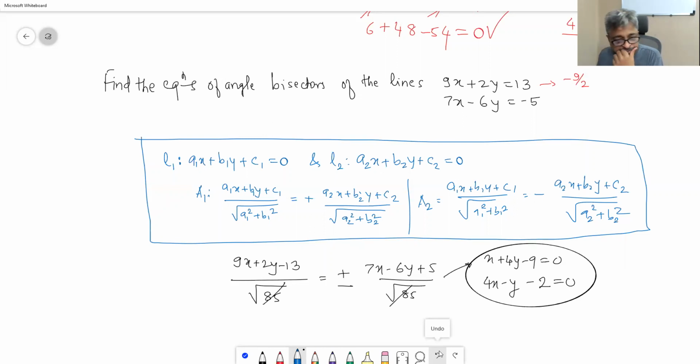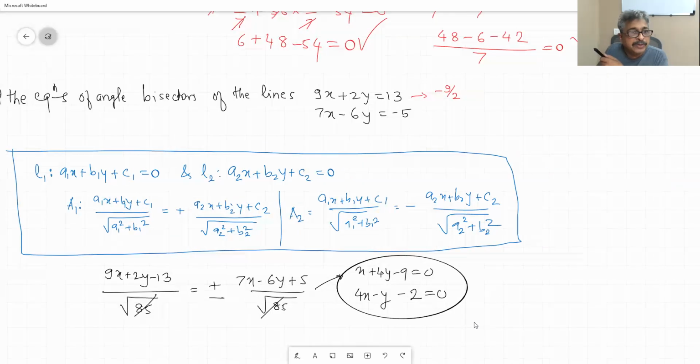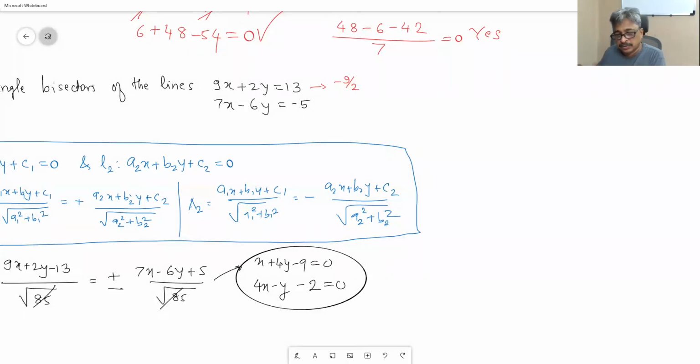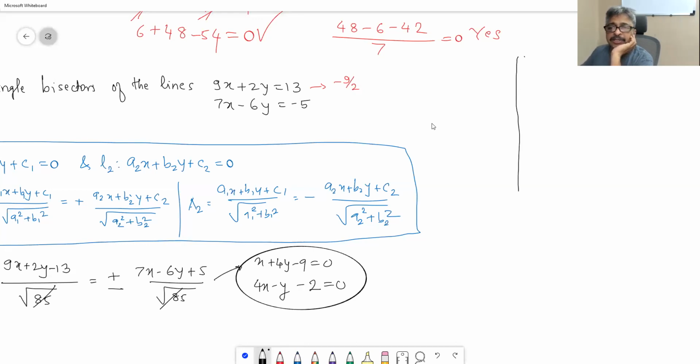What should I do? I should shift everything to the left hand side and create space here. Now what I am trying to do is tell you the geometry of it. Geometry is going to look like this. Suppose this is your y-axis, this is your x-axis. Slope is minus 9 by 2, and can you find out your point of intersection quickly?